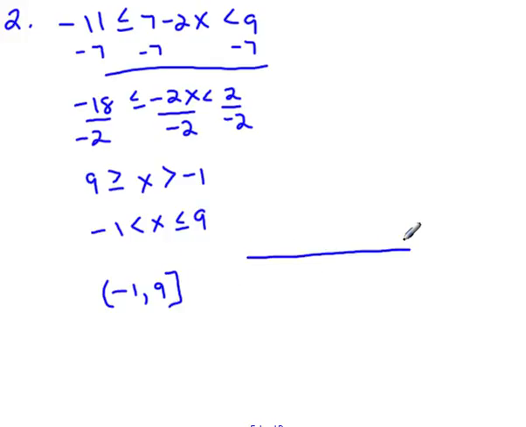Had they asked us to graph it, which they didn't, but had they asked us to graph it, I would be going from negative 1 to positive 9, and it would look much like this does. It's between negative 1 with a parenthesis next to negative 1 because negative 1's not included, a bracket next to 9 because 9 is included, and everything that falls in between. And that's